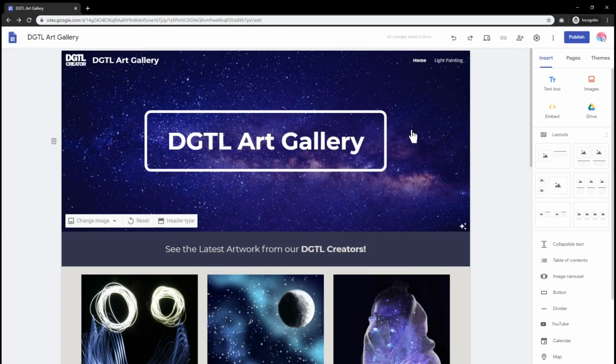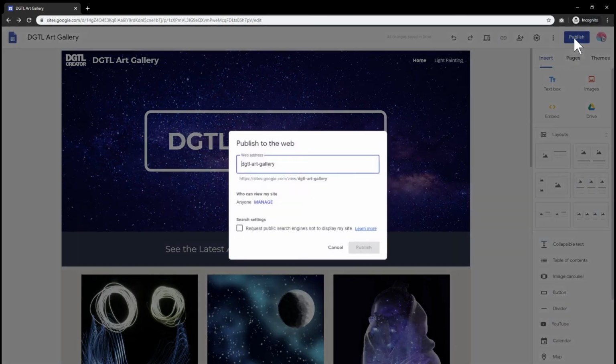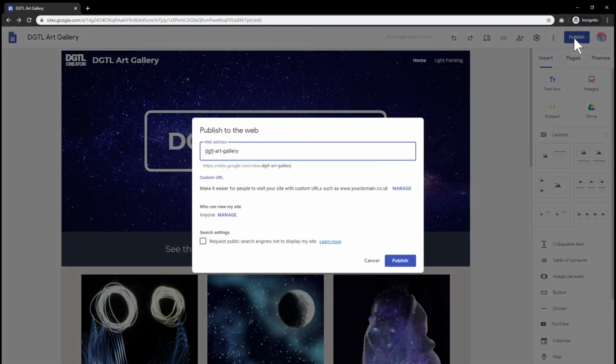When your site is ready to be displayed to the public, it's time to publish it. Do so by clicking the Publish button in the top white bar. We're now given the option to assign our website a Google Sites web address. Sadly, a custom web address like